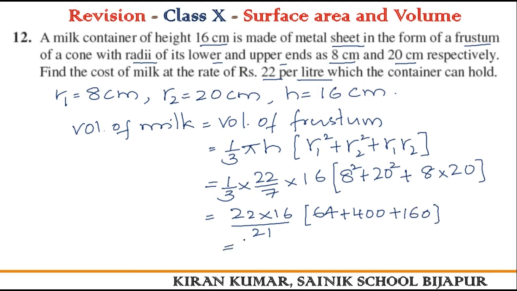So we get 22 times 16 is 352 divided by 21 into 64 added to 400 added to 160 is 624. So on further simplification, you'll be getting 10.459 liters. Therefore, the cost will be